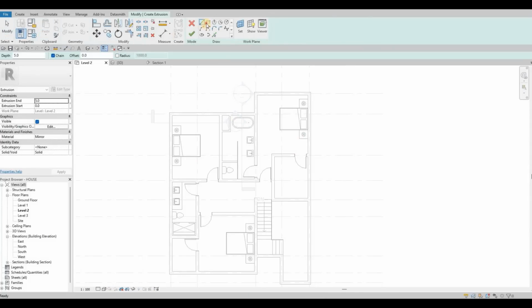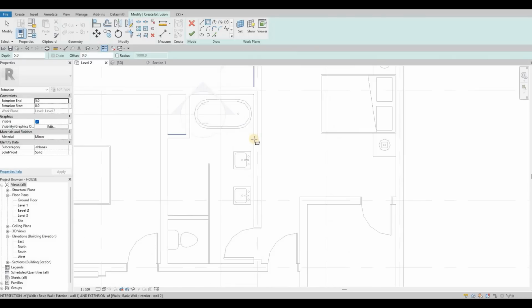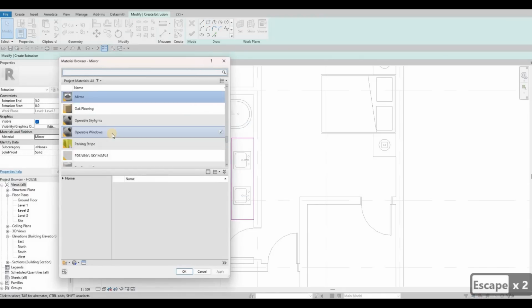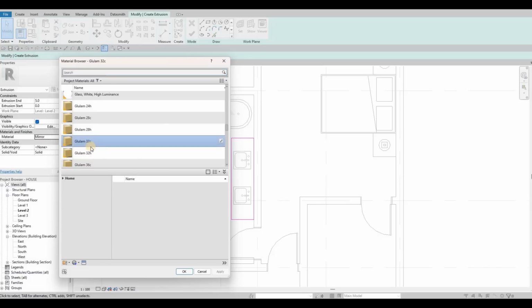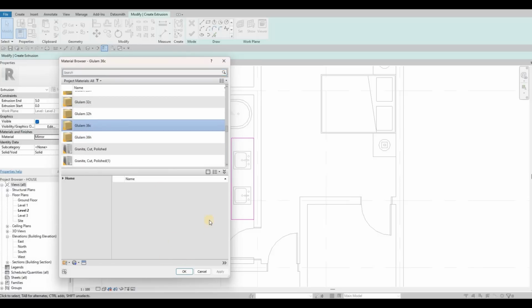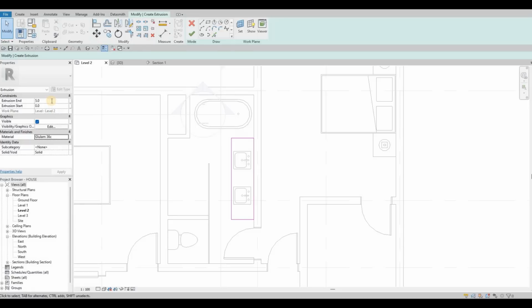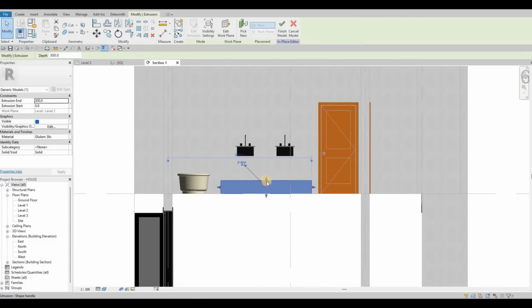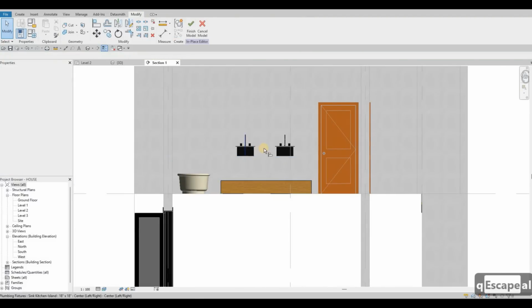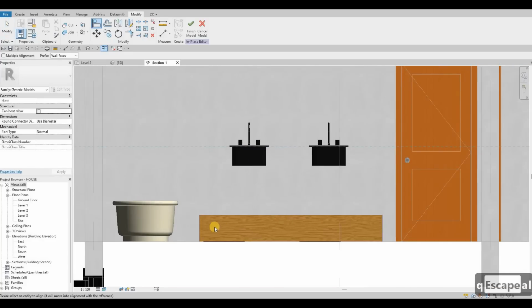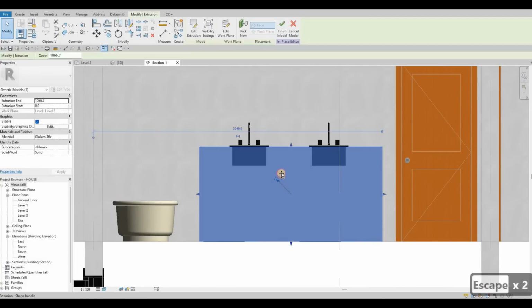I'm going to create an extrusion, and then we're going to add it here. Okay, and then change the material. Gypsum wallboard 36C is the same thing that we use on the other one. I'm gonna put it on 300 for now. Click finish, and then pull it up. So just align it, AL, align it at the top, and then pull it up,